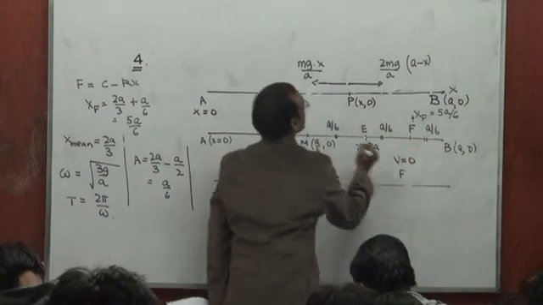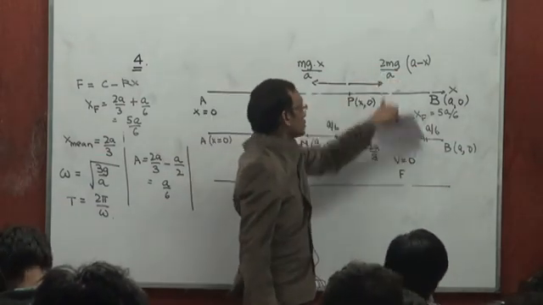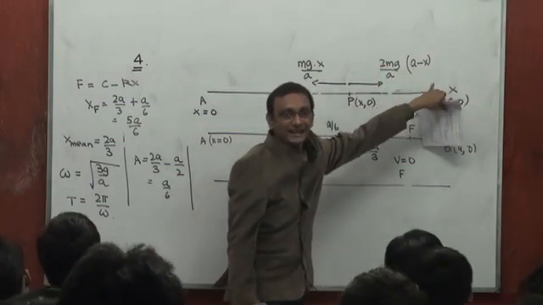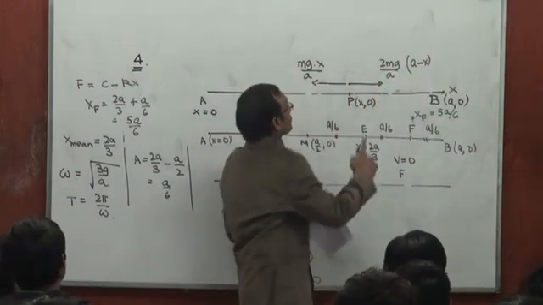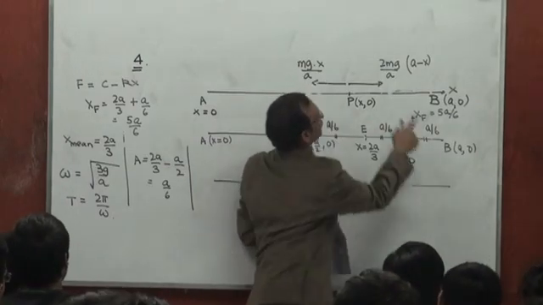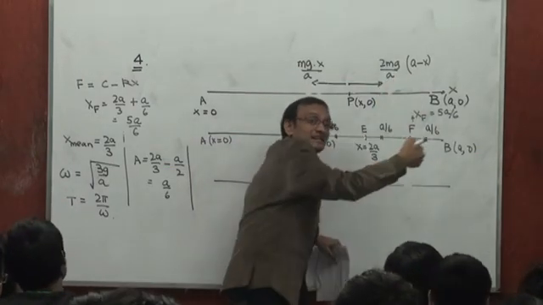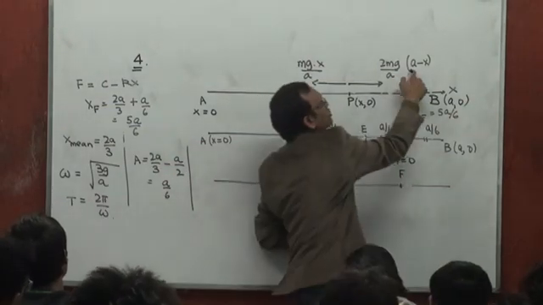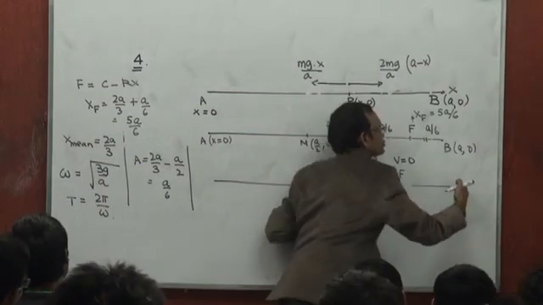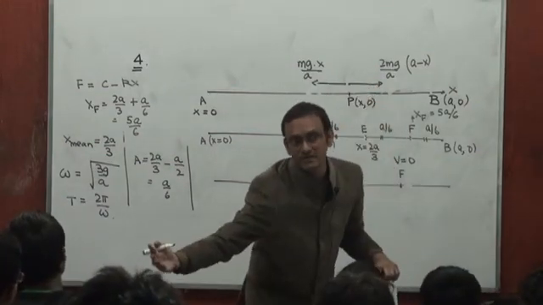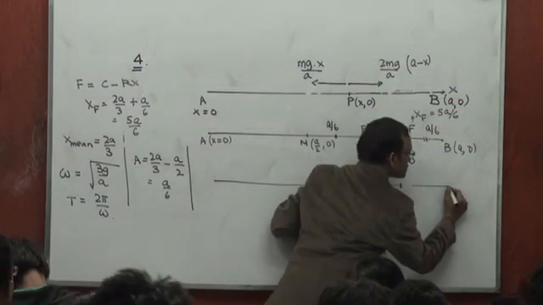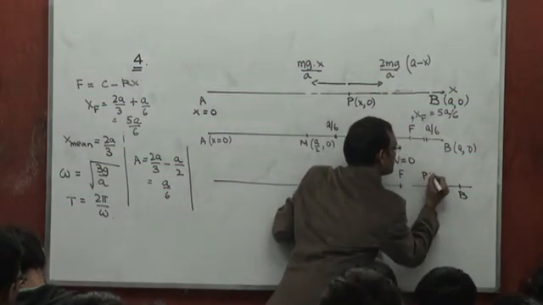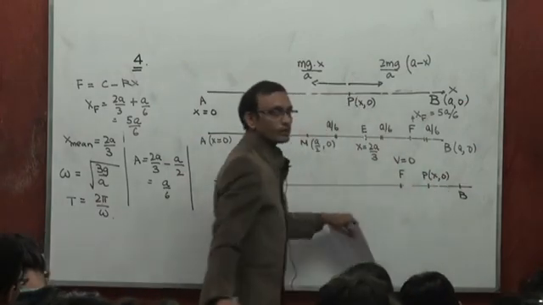Velocity is 0, and the only force that would act from this point onwards is going to be a rightward force 2mg by a into a minus x, right? So this would be an unbalanced rightward force 2mg by a into a minus x acting. So despite the velocity becoming 0 at F, a rightward force of this magnitude would cause it to drift towards B, right? So this was B, and when it's at some intermediate point P, which is x0,